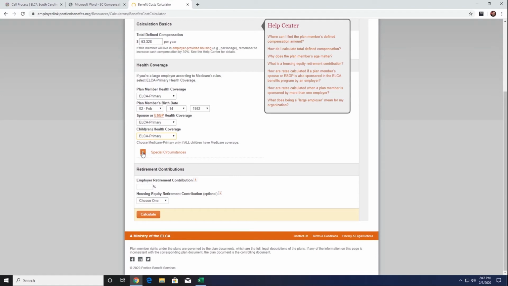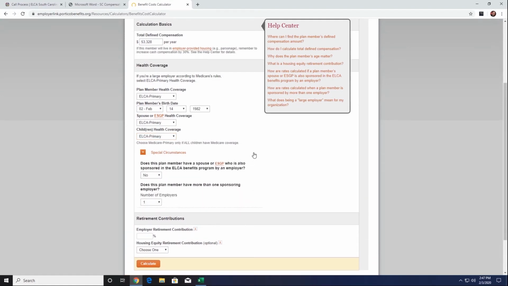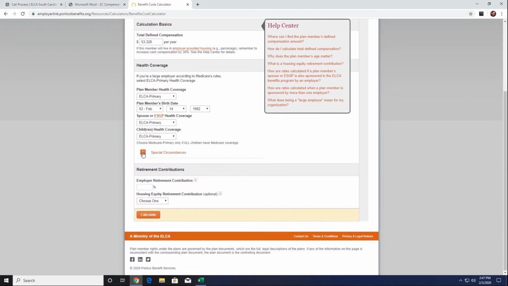Same thing for children, whether you have children or not. At that point, there is something for special circumstances. For our time today, we're not going to consider that. We're going to go down to our retirement contributions. I'm going to put in the Synod recommended 12% for retirement contributions. And then in our housing equity retirement contributions.